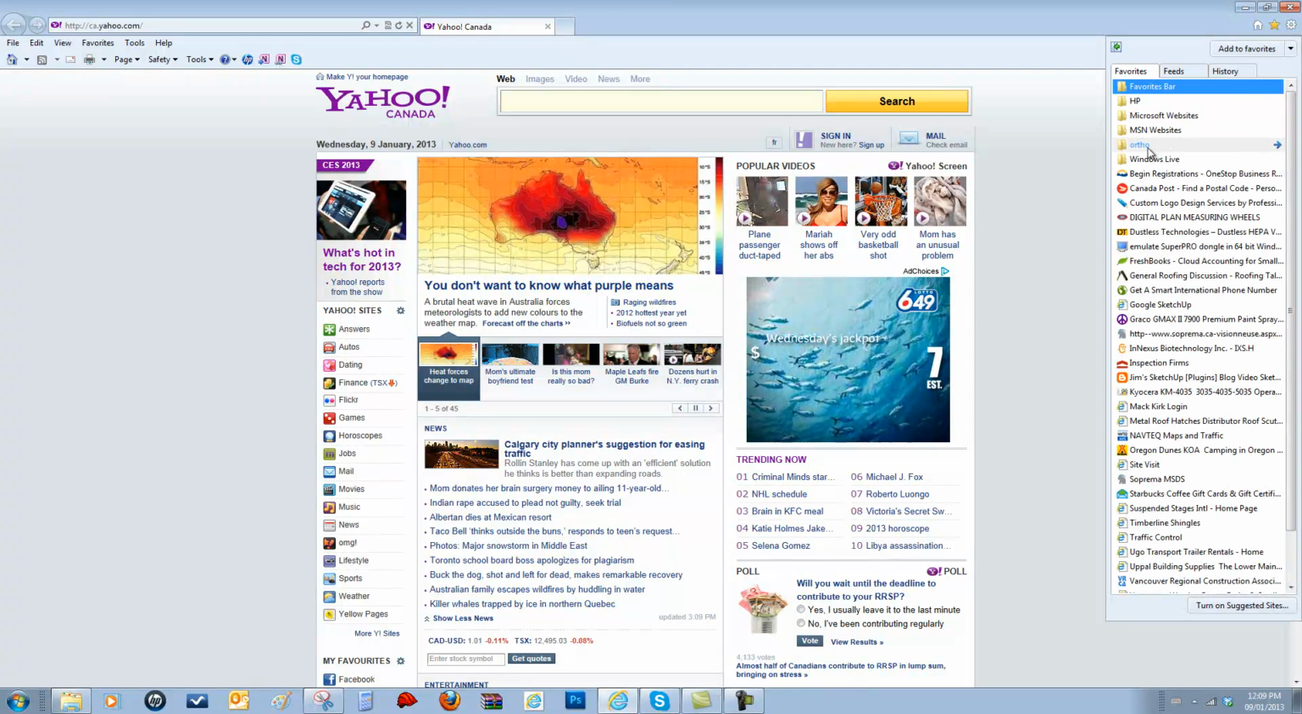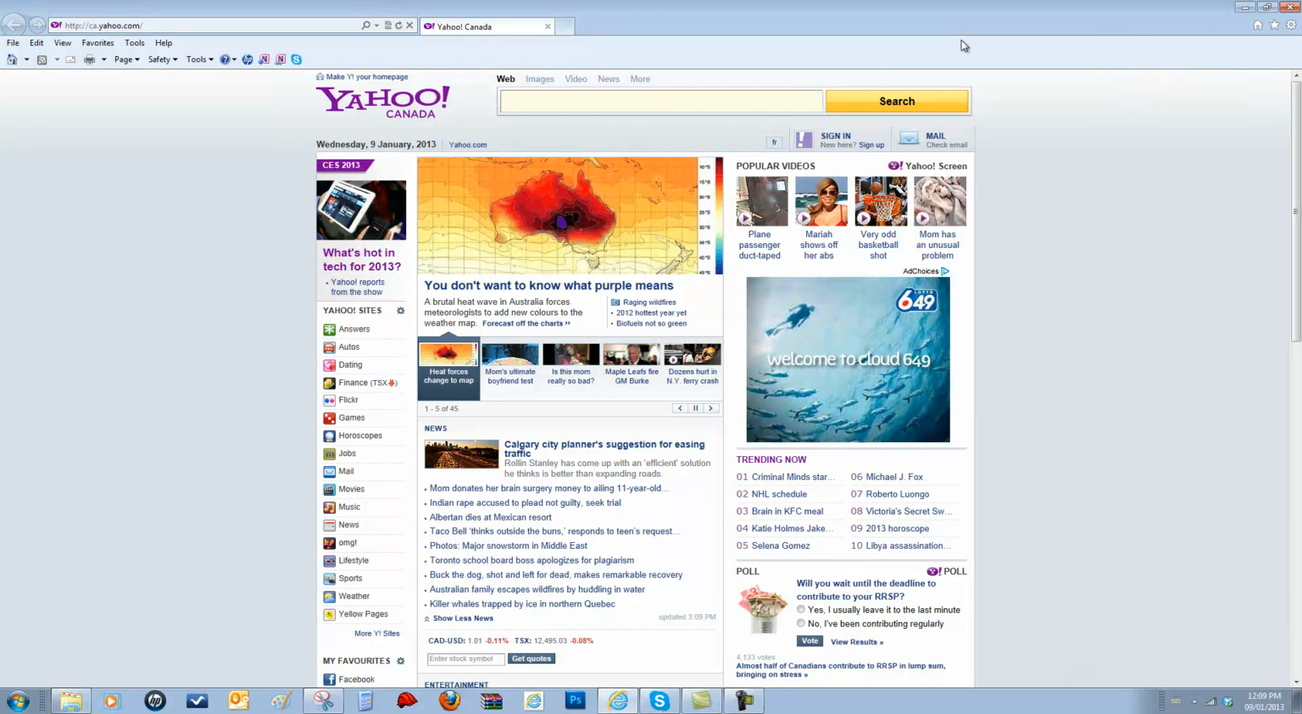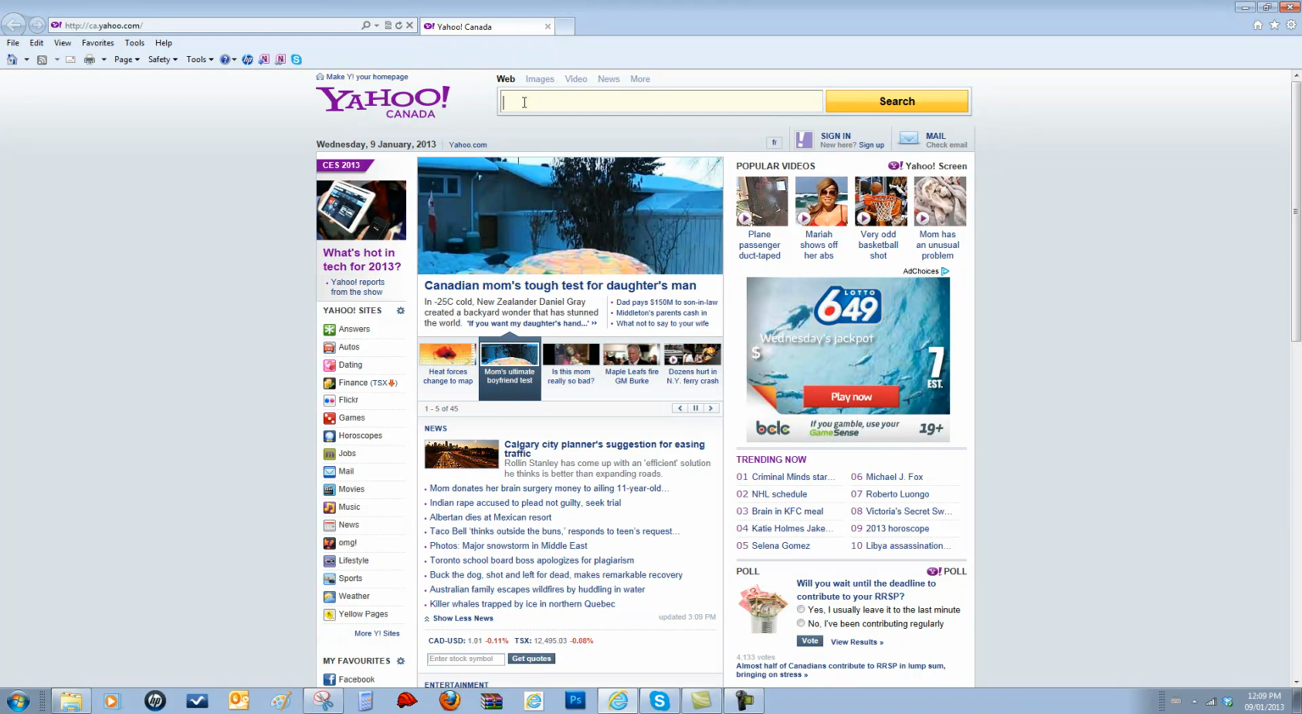Although I've got a bunch of municipalities already programmed into my computer, I'm going to show you how to go about finding them yourself. So I'm going to go to my Google search, my Yahoo search here, and I'm going to type in, let's pick an area not from here. I'm going to go to Kelowna, BC. So I'm going to type in Kelowna,